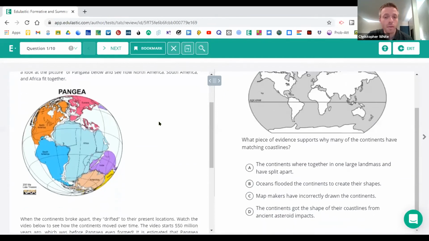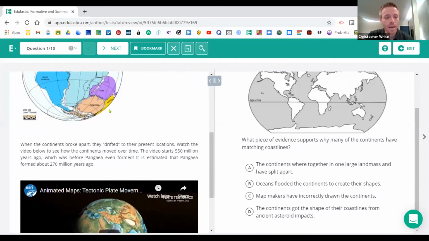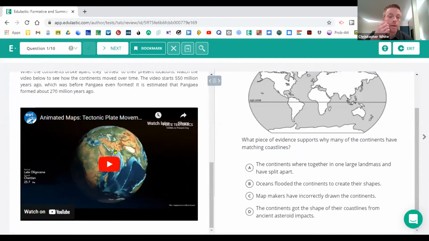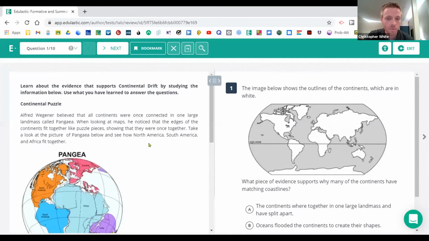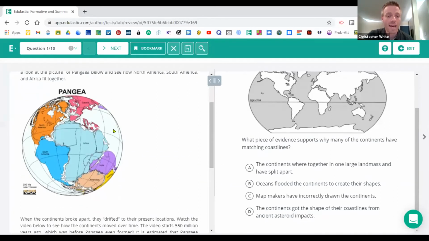This first question here is a passage question where students can read and take a look at some diagrams and even embed videos. Especially last year, we were full remote in our district for the second half of the year because of COVID, and students really needed to get some of the more difficult information, and I was able to provide that for them in this type of question format. So I would select the information for them to use. I would pull information and diagrams and build lessons and structures using this type of passage question.